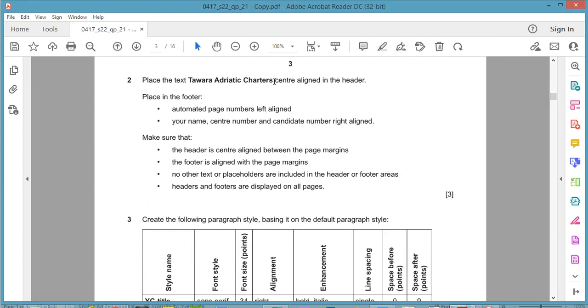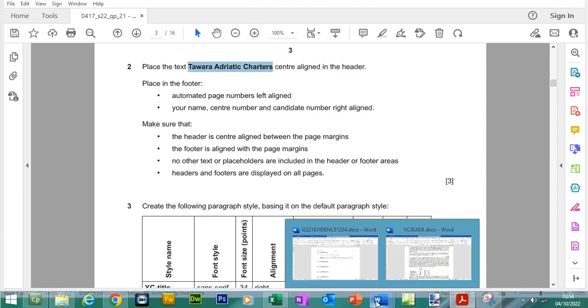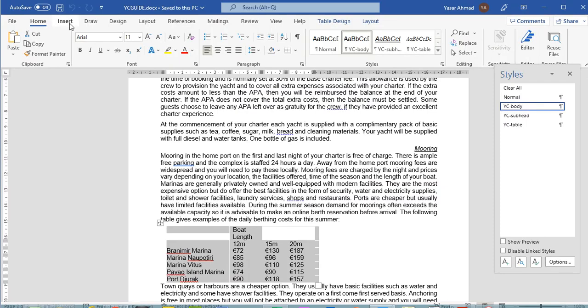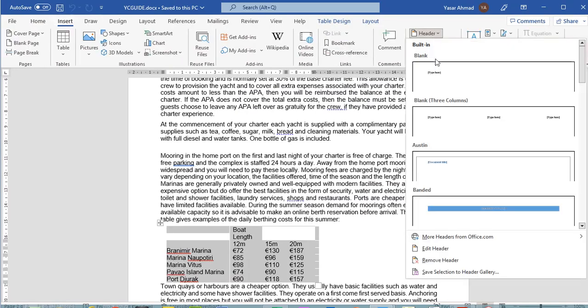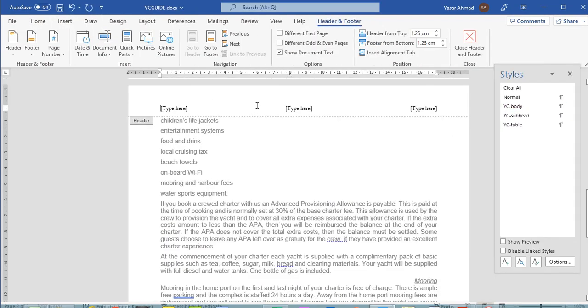So now what we need to do is to place some content into the header and footer. Place the text, this Tawara Adriatic Charters, center line in the header. So I'm going to click on Insert, as I always do, click on Header, 3 columns. I know we're not going to be using left and right, but I can just click here and copy that